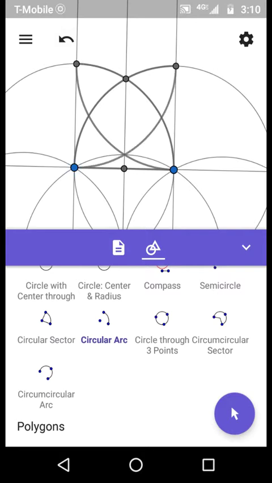And those arcs that I drew from those top two intersection points, they're arcs with the same radius as the original circles. So we have four 90-degree angles and four points which are